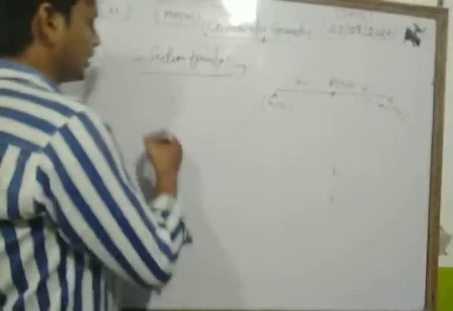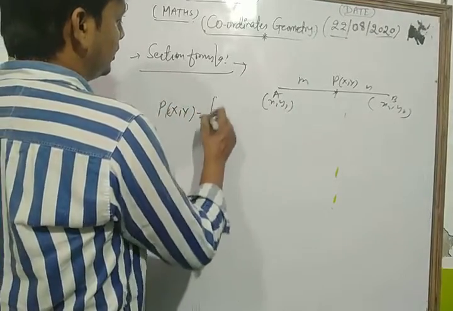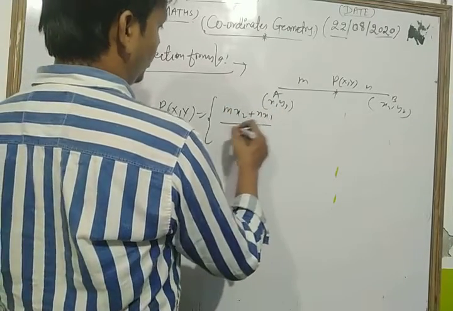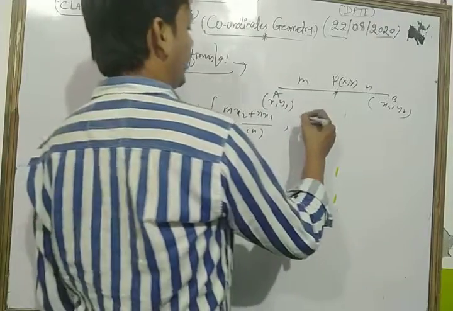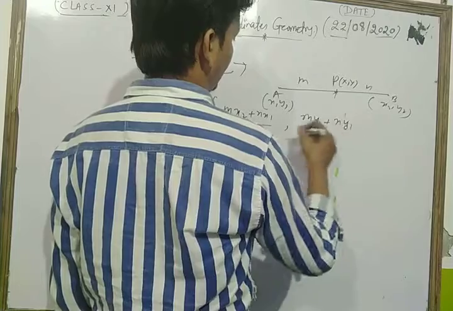You know that very well. The coordinate of P (x, y) is mx2 plus nx1 upon m plus n, and for y we have my2 plus ny1 upon